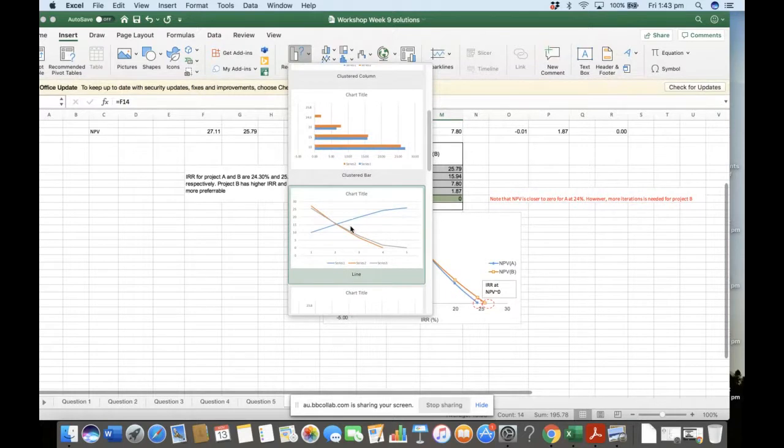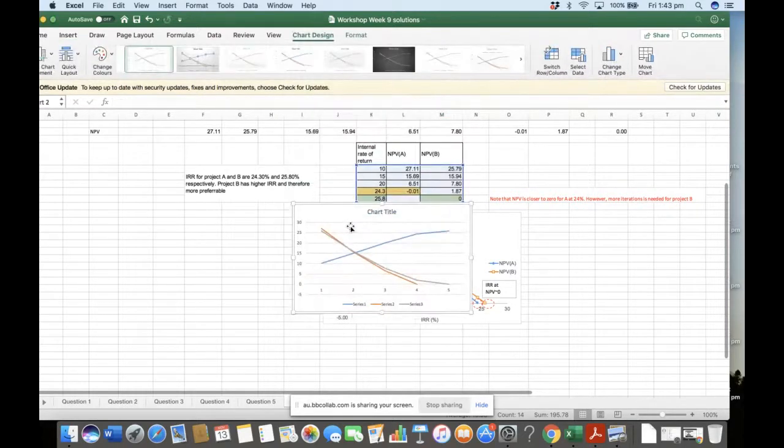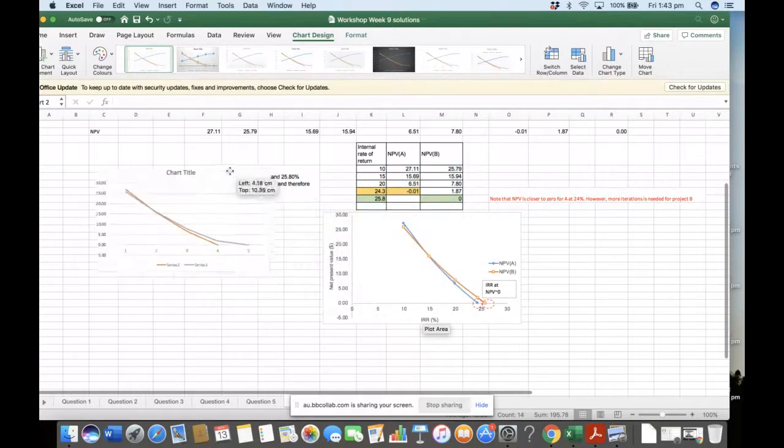Why are there three lines coming up? Okay, never mind, I don't know why this plot is coming up. Yeah, it should be this. So you have your net present value versus your discount rates